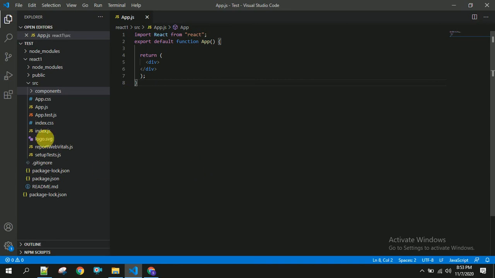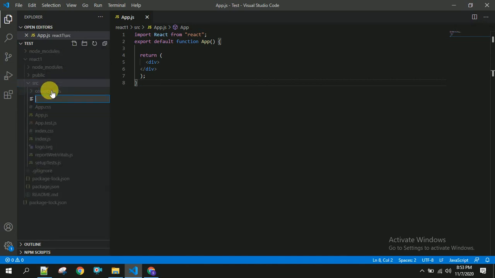Now coming to our project, I have created a project called React 1, and in this project we will have the SRC components and all. Here I am going to create a file called firebase.js.